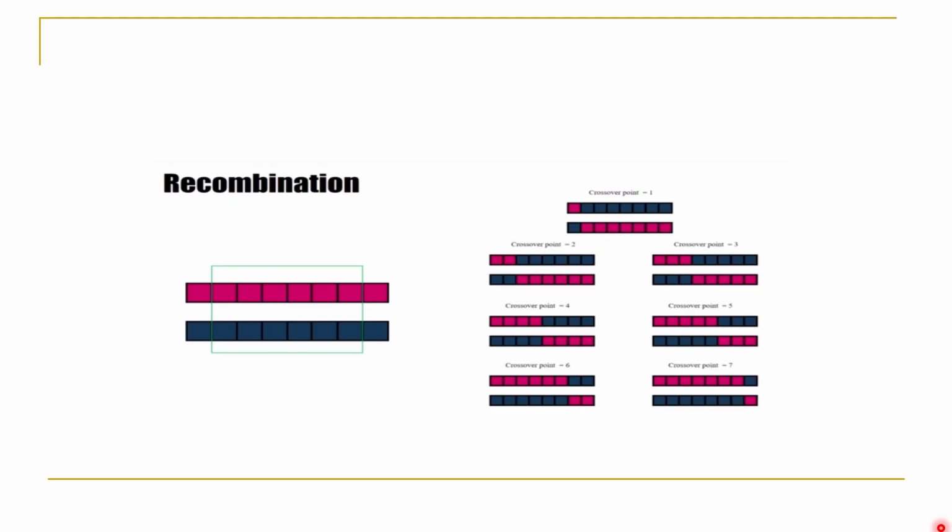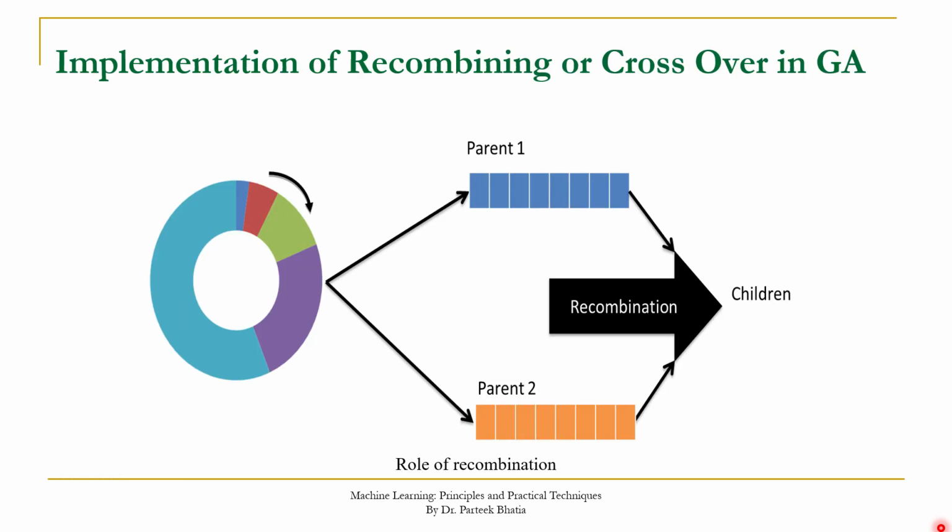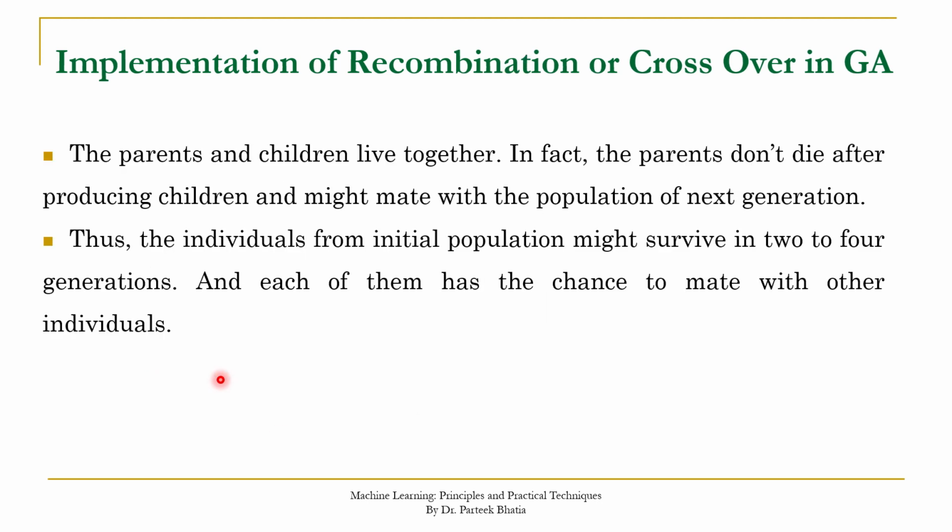In previous session, we have discussed that by using single point crossover or by using double point crossover, we can create child from the selected parents. These parents have been selected through the process of natural selection, which is implemented with the concept of Roulette wheel. Now in this session we will discuss the algorithm for implementation of recombination.